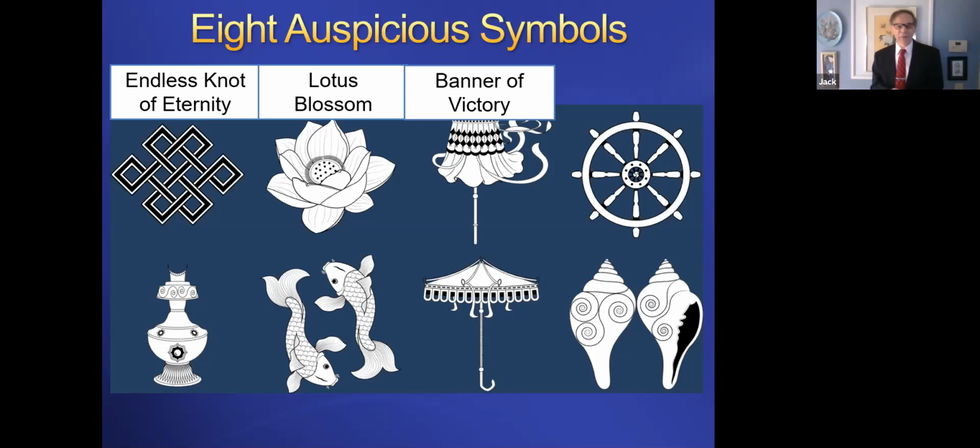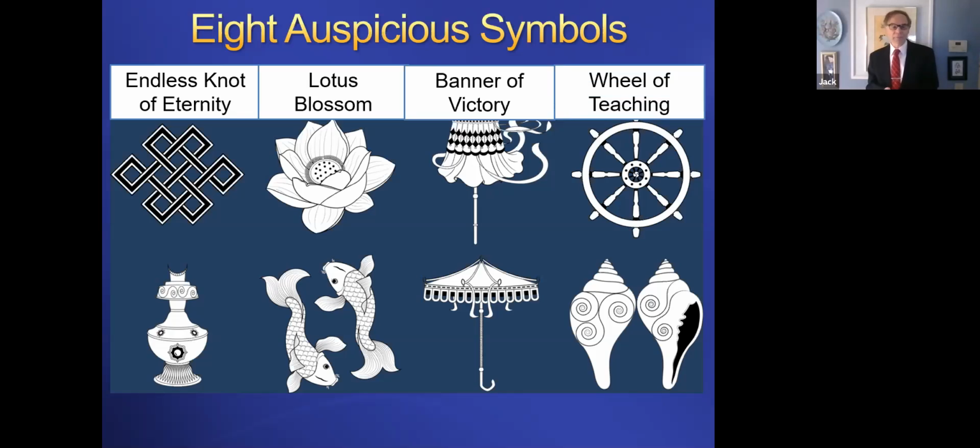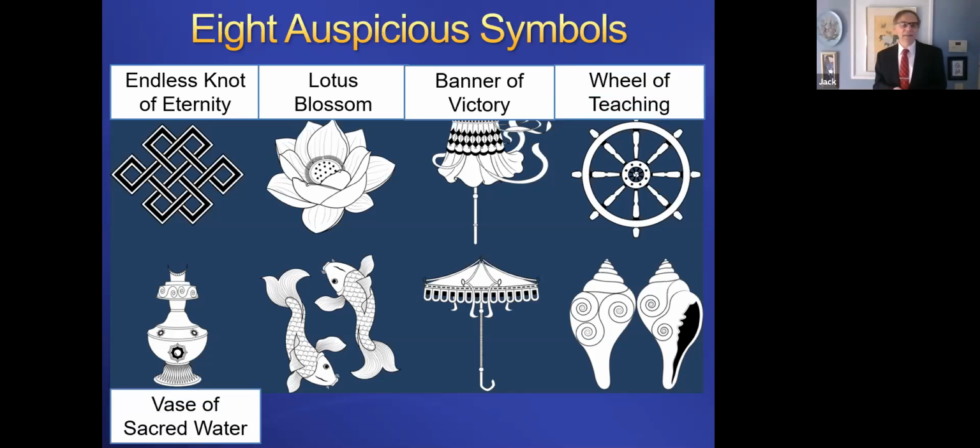This other symbol here, believe it or not, is kind of a warrior flag. They would carry this into battle, and it kind of looks like a sissy flag for a warrior, but I imagine they would toughen it up and put a human head on top or something like that. So this was the idea of Buddha's victory over the endless cycle of rebirth, that he was gaining nirvana. And of course, we spoke about the wheel of law, the Dharma. And this is a vase of sacred water.